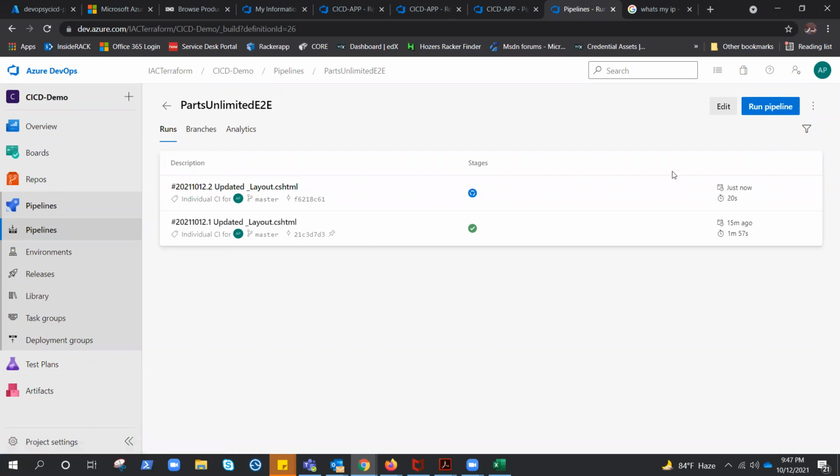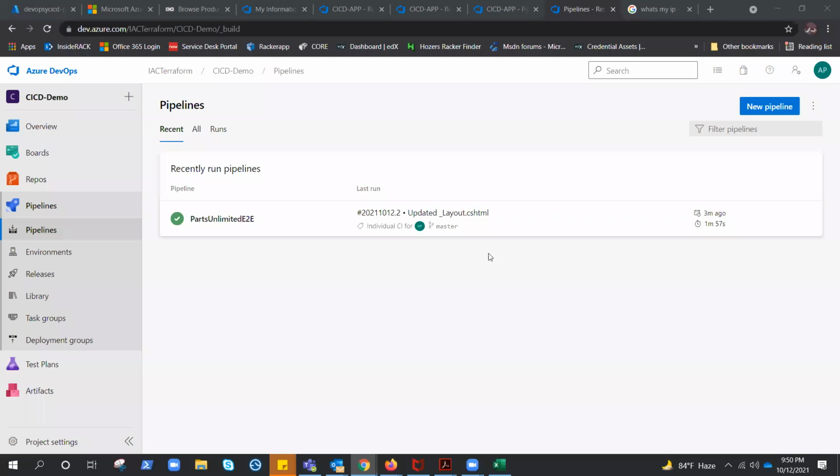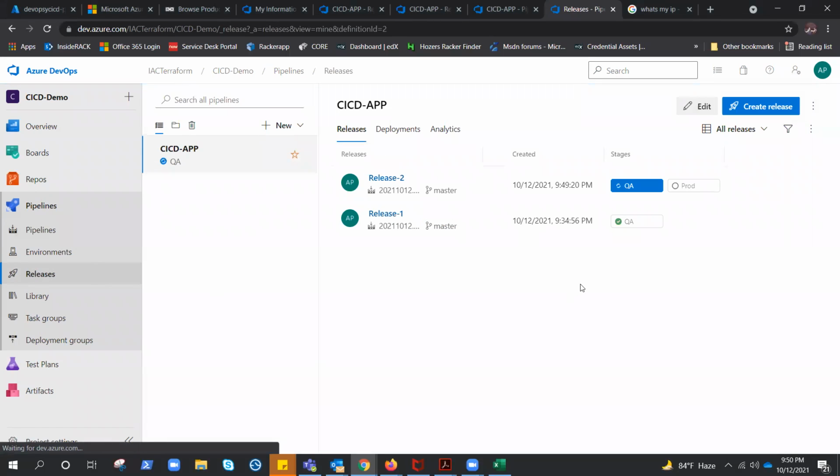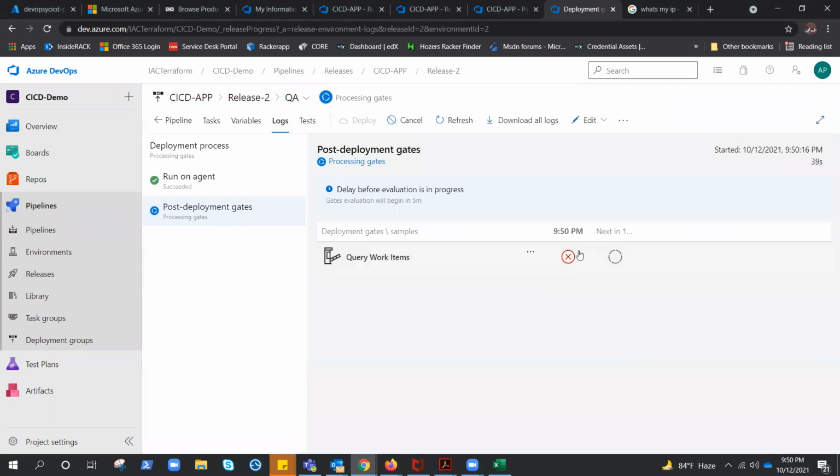And this time it would have 2 stages in the release. Once it starts working, like QA, there would be another stage. It will start showing as soon as the artifact is ready. So let's wait. All right, so this pipeline is done. Let's click on release. You see QA is in progress. Prod is waiting. Now click on release 2. You see that it's processing gates. So what we need to do, I think we should go ahead and, you see, gate did not proceed because